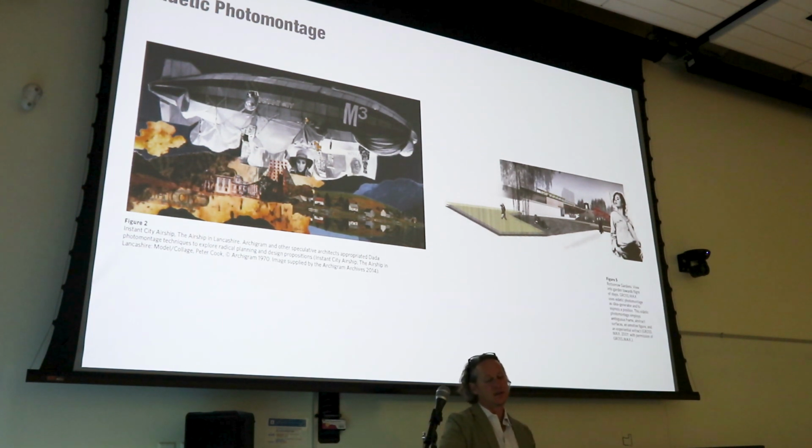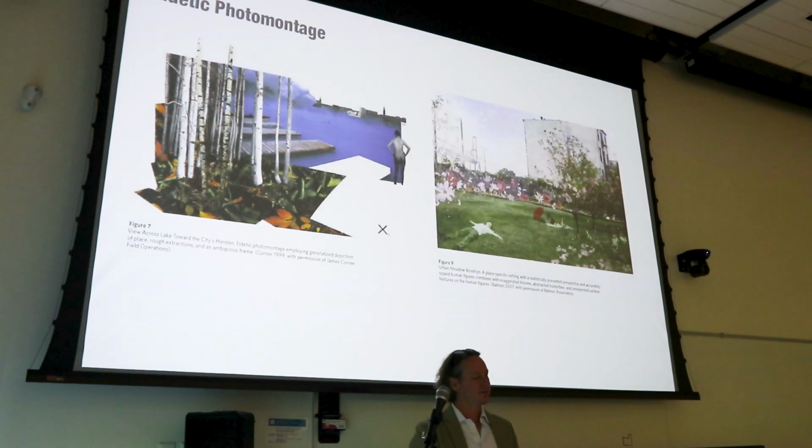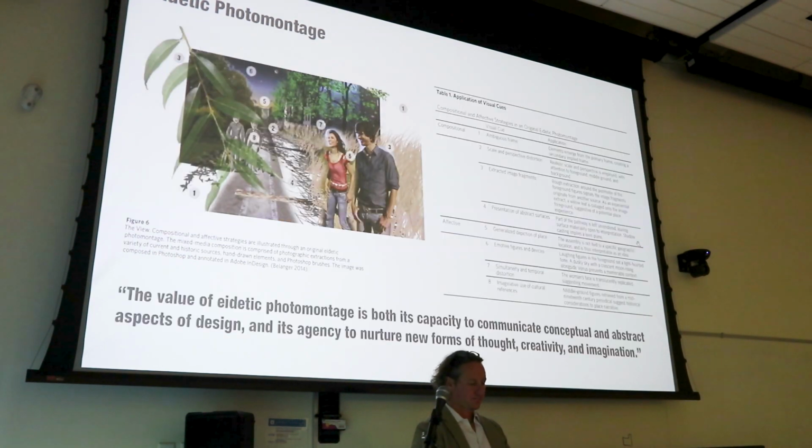And so that has continued. The image on the right is from Grossmax, which is a landscape architecture firm in Edinburgh, who relies heavily on this technique. We also see James Corner using this in competitions, and Balmori on the right using it as well. So a lot of offices have appropriated this today, and it's still a very common approach to communicating ideas conceptually. So no one thinks it's going to look exactly like this. No one thinks that guy is going to be translucent or that flowers are going to be this big, but it's about communicating ideas. And so in the article, we identify 7 cues, or if you're creating it, strategies for